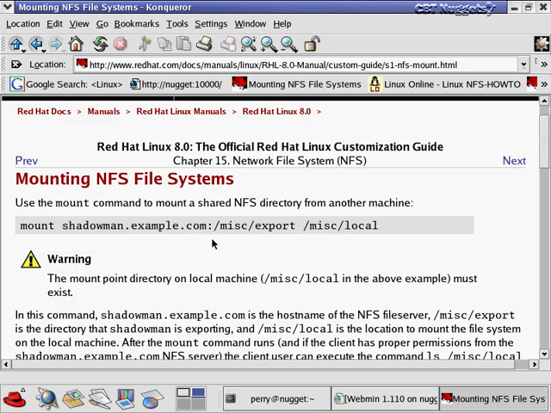But if it's in /etc/exports on Shadowman, then it will be mounted as an NFS share locally as /mis/local, and the permissions that apply to this directory are dictated in the /etc/exports file on Shadowman. Okay, so that's one way to do things, just use the mount command. And this is fine if you're just using the mis export directory temporarily. If you're using it every time you log into the system, though, then a better way